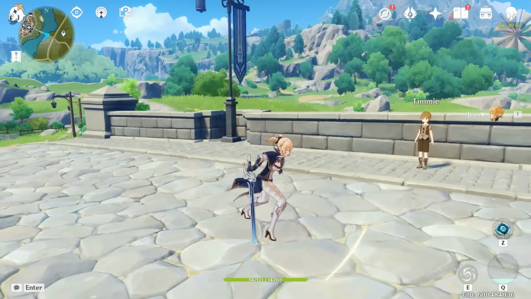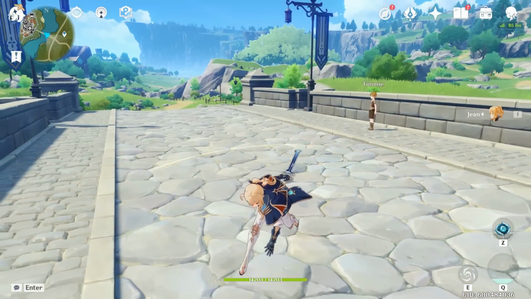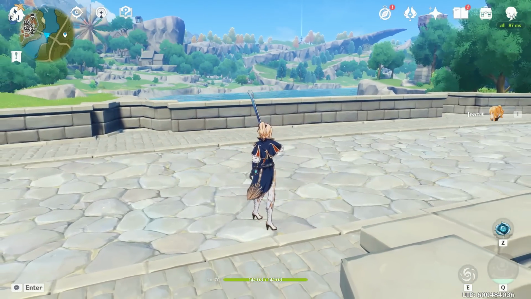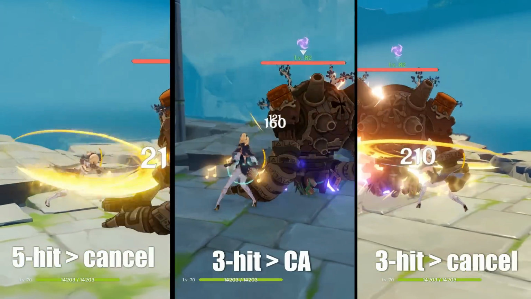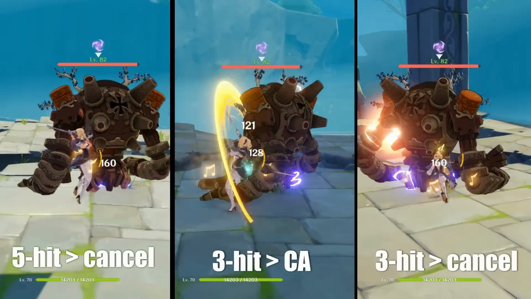Her normal attack is another 5-hit string like any other sword user. There is a large delay between the 3rd and 4th attack, so here's a good spot for animation cancel. Here, I'm comparing her 5-string combo against 2 other combos. One is cancelling the 3rd hit with a dash, and the other is cancelling the 3rd hit with a charge